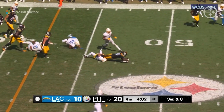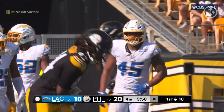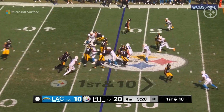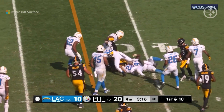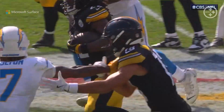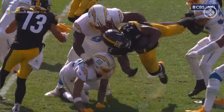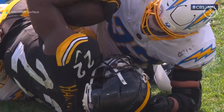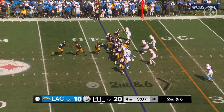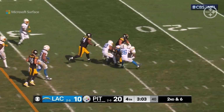Look at Cordero Patterson here. He played a variety of roles, particularly after Van Jefferson went down. He missed the majority of the game with an eye problem. And the Steelers only had 4 wide receivers dressed because they wanted to make sure they had enough defensive linemen to survive the conditions that you just got done describing. And boy, Cordero Patterson, when he gets a head of steam, that's a big guy to try to deal with. This is late in the game. They're just kind of gashing